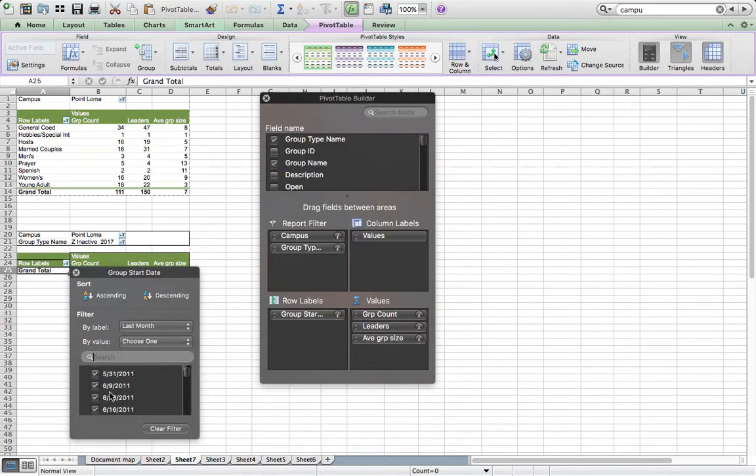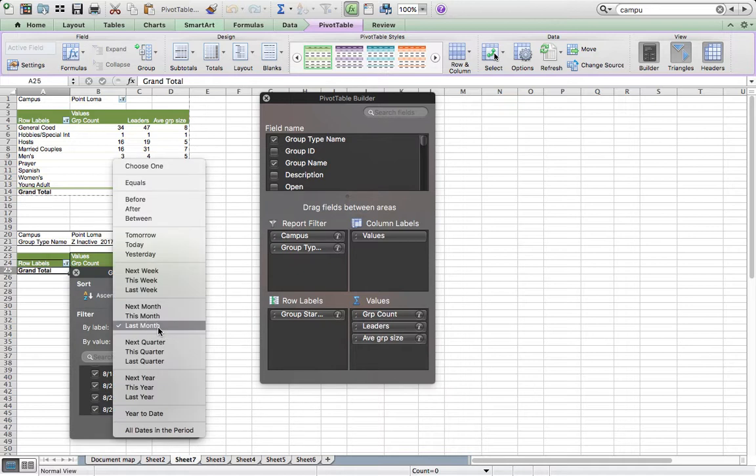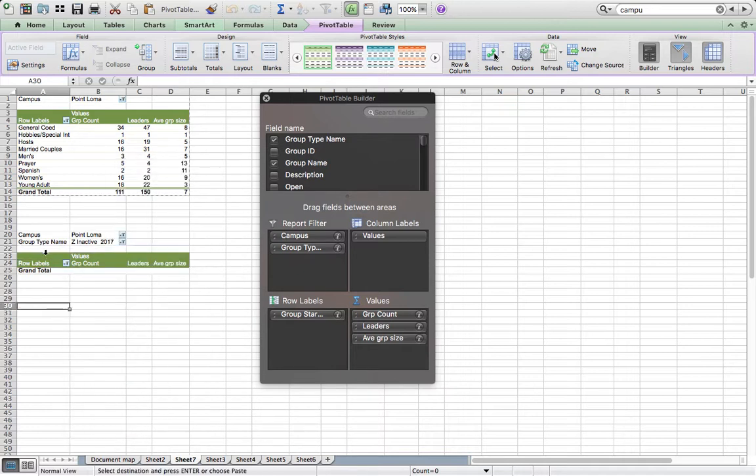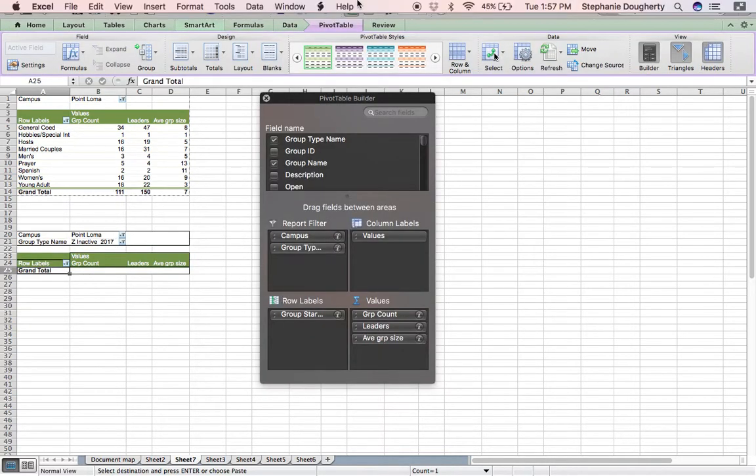So if there's nothing showing up, it doesn't look like there was anything closed in August, which seems really odd because I just saw some. I see some right there. So last month, why isn't it counting? All right, I'm gonna